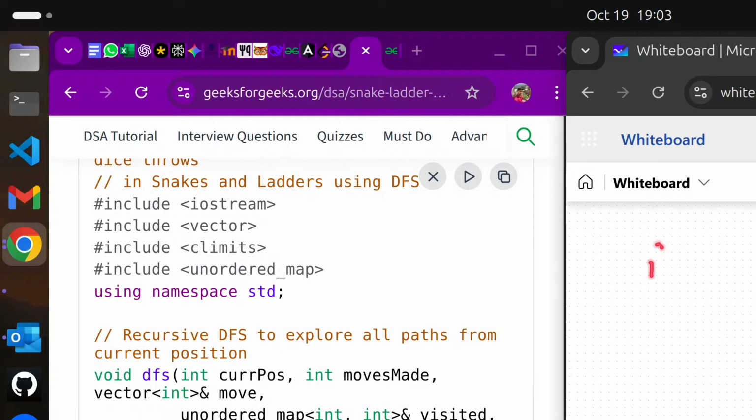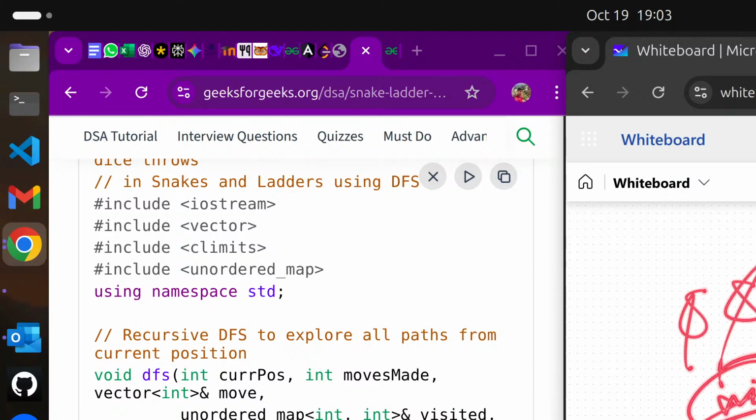Result is global, so if in any recursive call we have found fewer moves than the result, then we return from that call, or if the current position is already visited, then also we return, or if moves made, let's say the current distance, is greater,